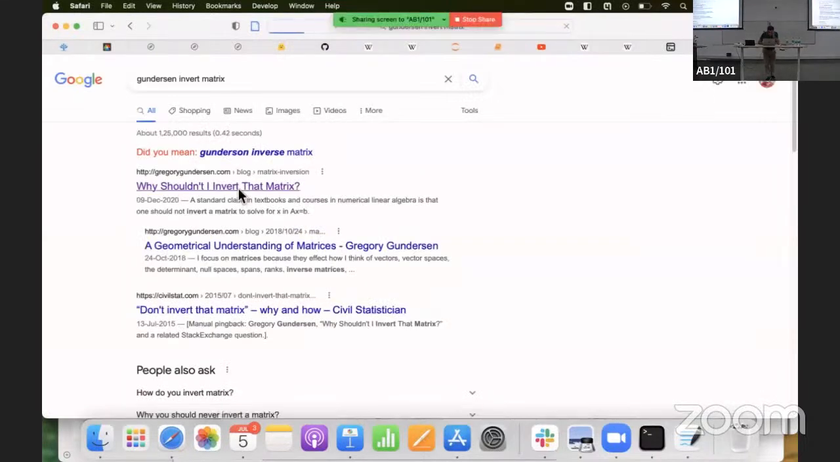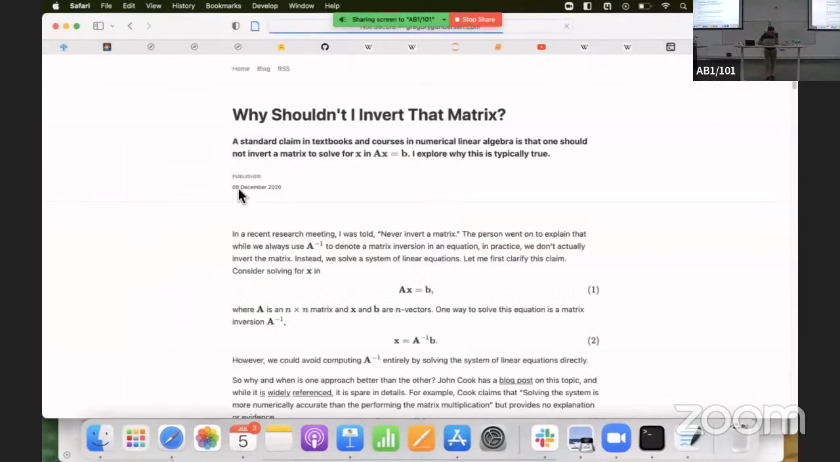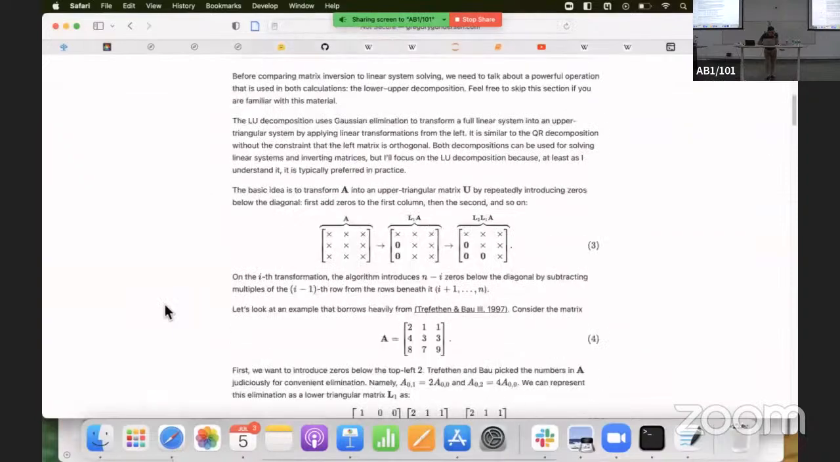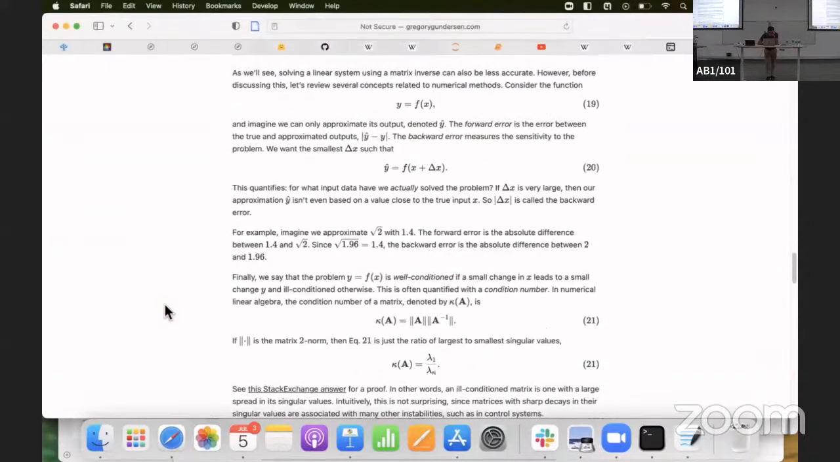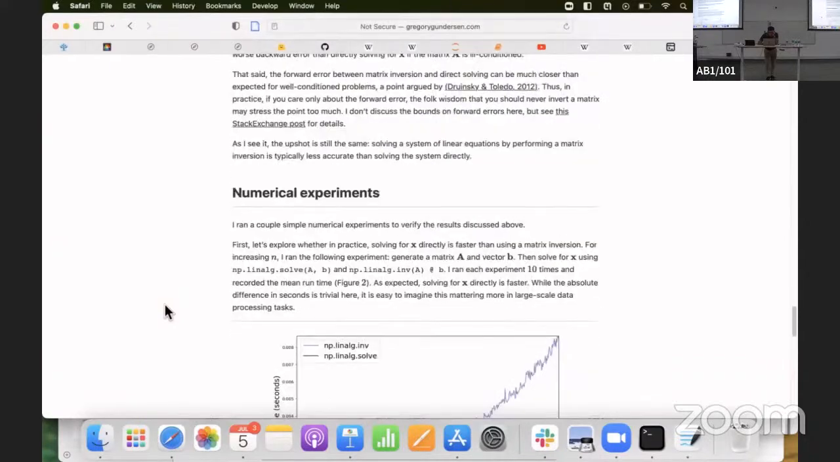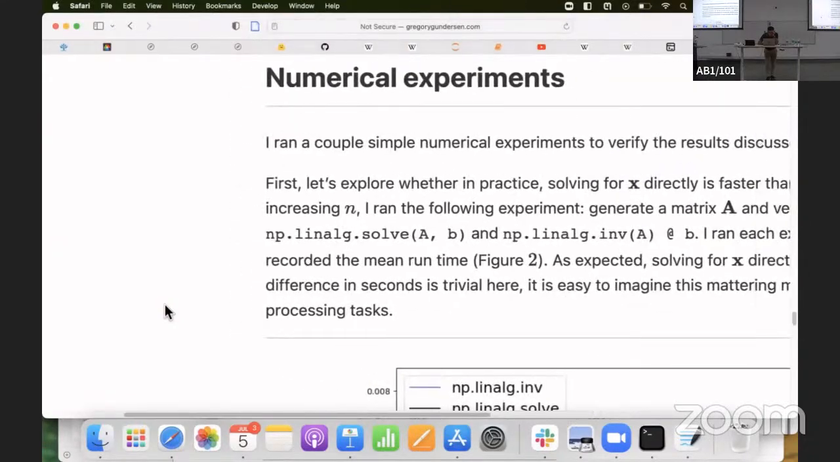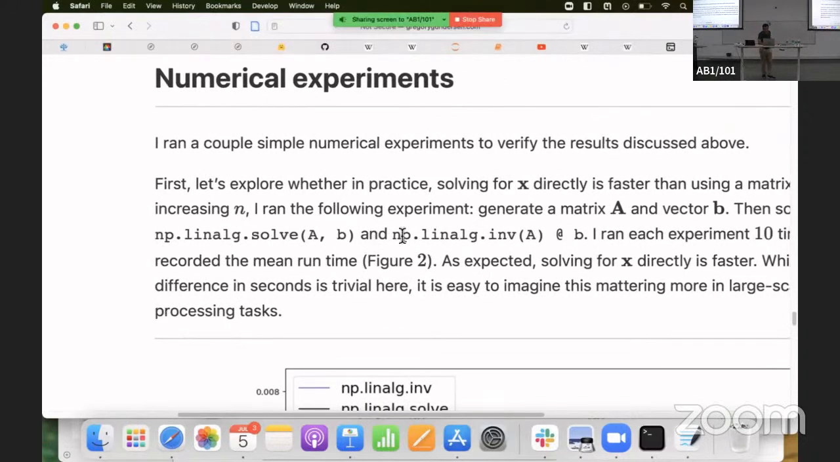So there's this nice blog on why shouldn't I invert that matrix. There's a bunch of math that you can read about numerical errors and computation. So instead of writing np.linalg.inv(A) and multiplying that with b, that is, A inverse b, it's always better to write it in this way: